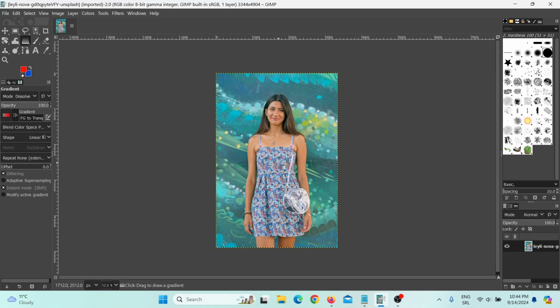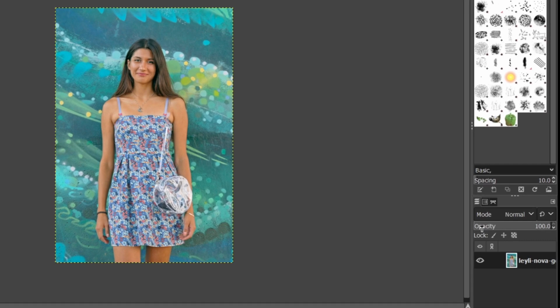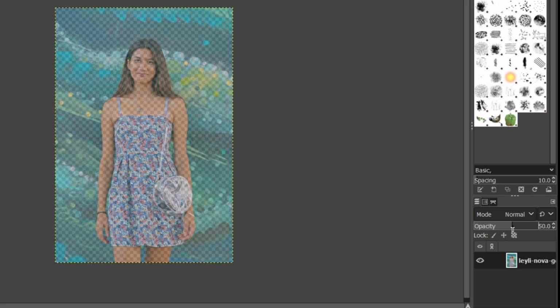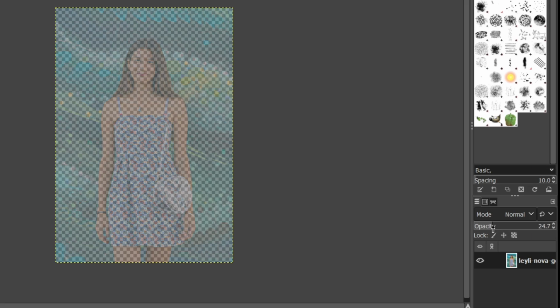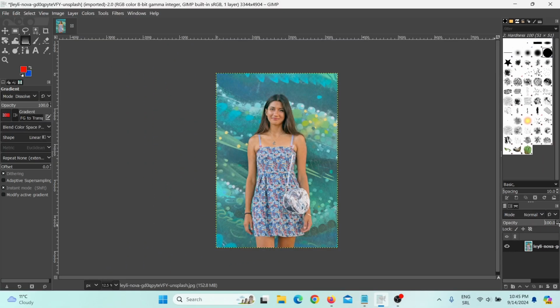So if you wish to fade the entire image to transparent, you can simply come here where it says opacity and drag this, and as you can see, the image is fading. And you can drag it to the level that you actually wish. So I will drag it back, but if you wish to fade just a part of this image to transparency,